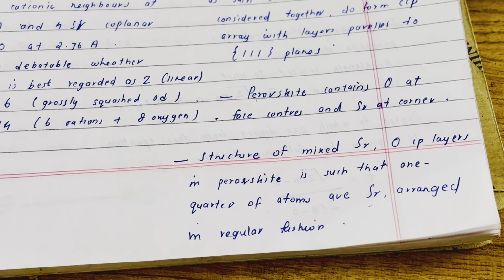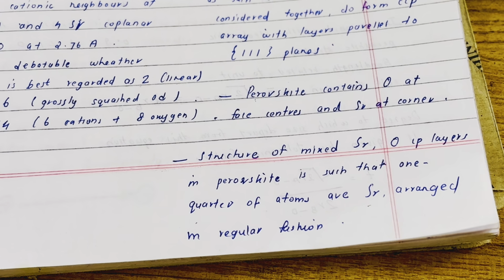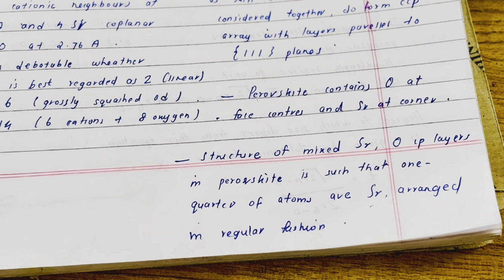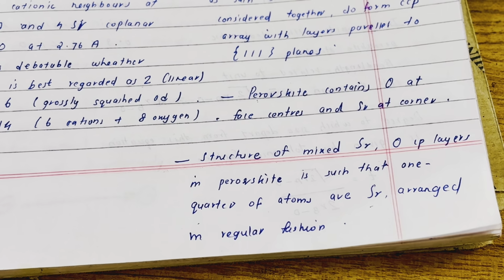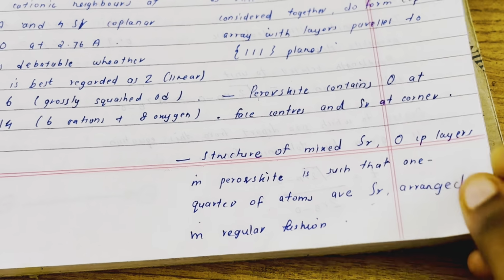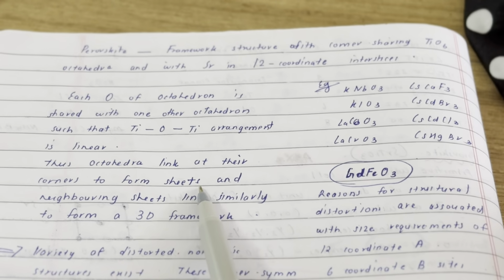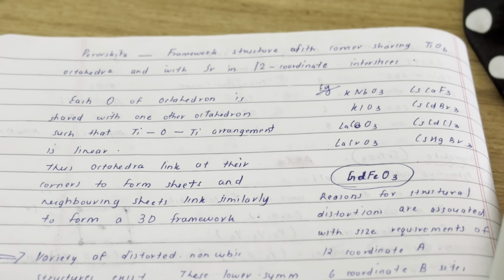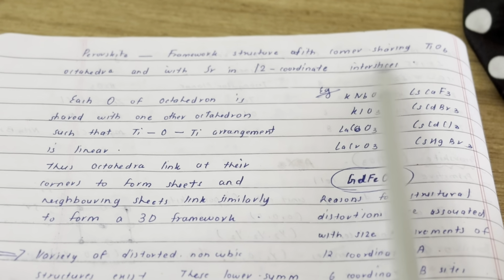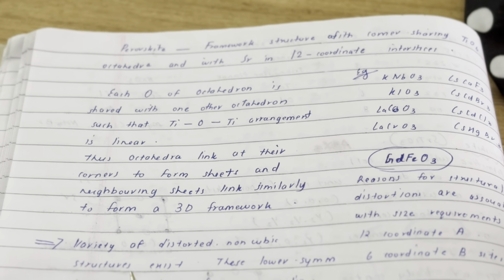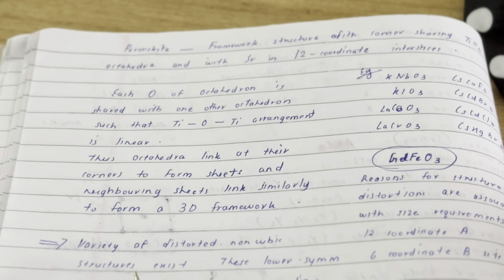So if we consider the strontium and oxygen only, then we can say that 1/4 of atoms are strontium. So perovskite is a framework structure of corner sharing TiO6 octahedra, titanium oxide octahedra, and with strontium in 12